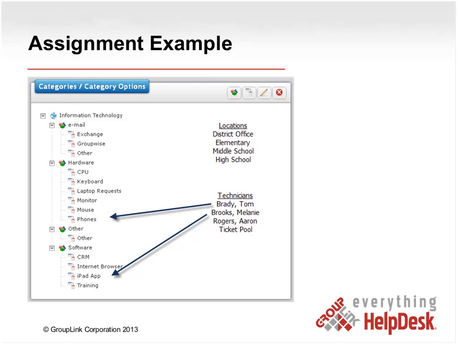What I want to do is have Melanie handle all the issues in the elementary and middle schools. She's also very good at taking care of the iPads and the iPad apps and installing them on the iPads, and so we want her to handle all the iPad issues